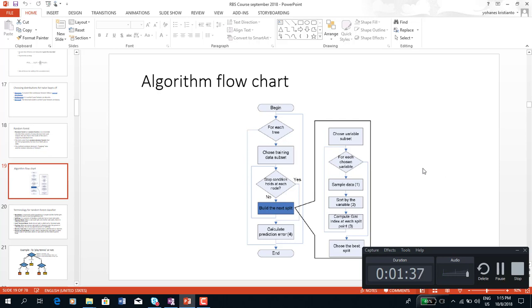The first step is for each tree. After we build our tree, for each tree, we choose a training data subset. So it is some kind of like splitting the tree into two subsets, left and right. And we can stop the condition at its root if, for instance, there are no more features within the dataset that can be classified. Otherwise, we can continue by building the next split. So in the next split, we have